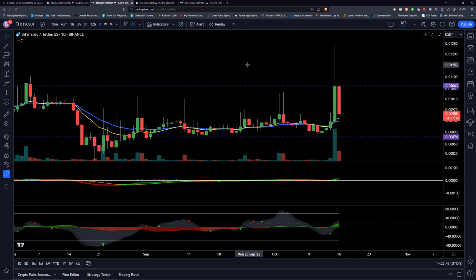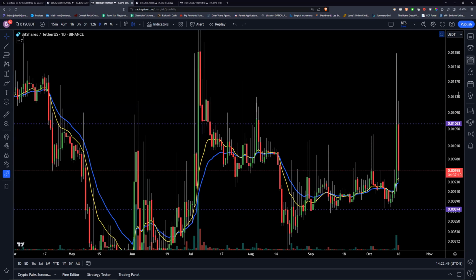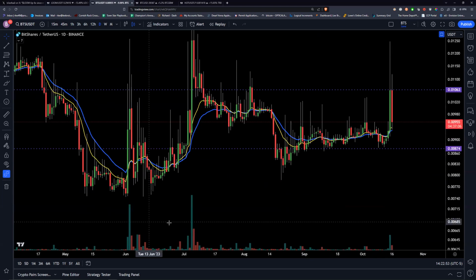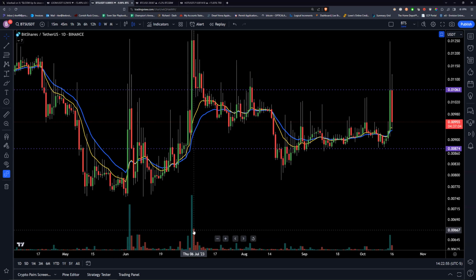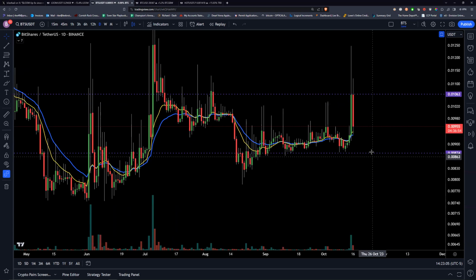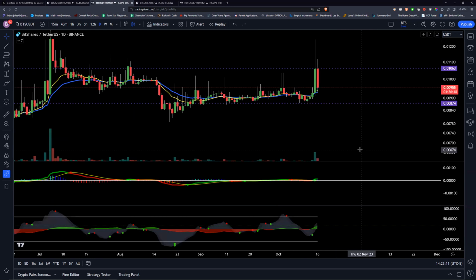All right, so here is one of the coins I want to show you today. Let's just talk about price action real quick, because that's the most important, and volume. Been seeing a lot of volume lately. Well, actually, that was June and July. This is on a daily chart. This is what I would consider at least the temporary range. And you've got a cross up of your 1221 right there. Based on the things we just looked at,